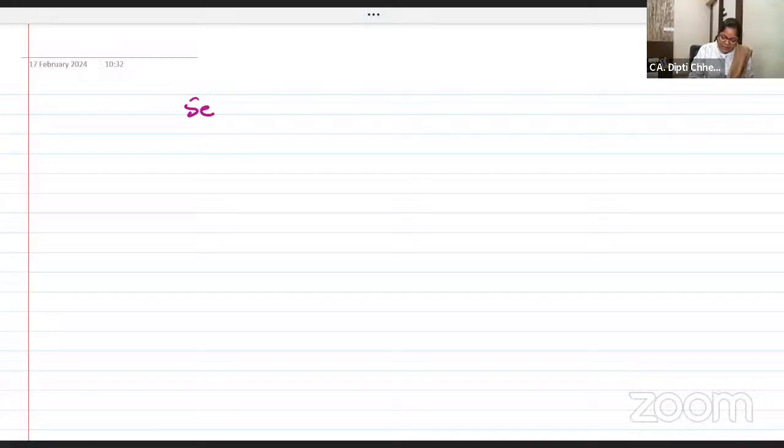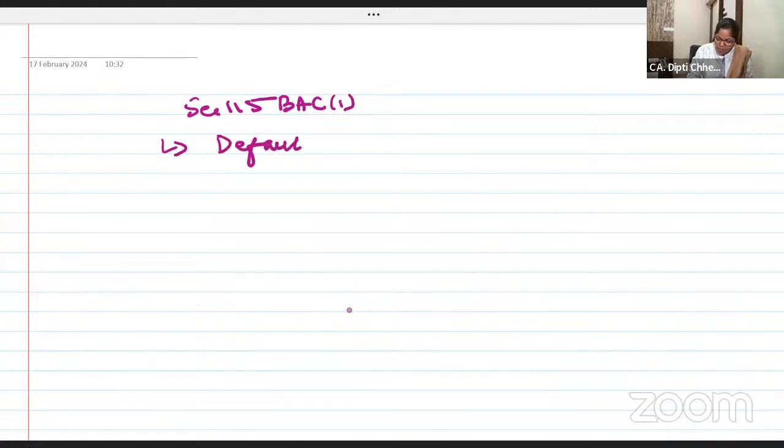So I want to make it as quick and fast as we can. Check with this. If it is section 115BAC or 1, you can say you are opting for default